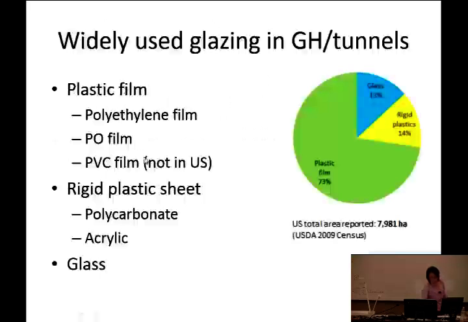So there are multiple materials used. Glass, which is a high-end material, and then the rigid plastic sheets we are using in those small greenhouses right here. We have a plastic film covered greenhouse over there. The teaching greenhouse we went to a few times together is covered with